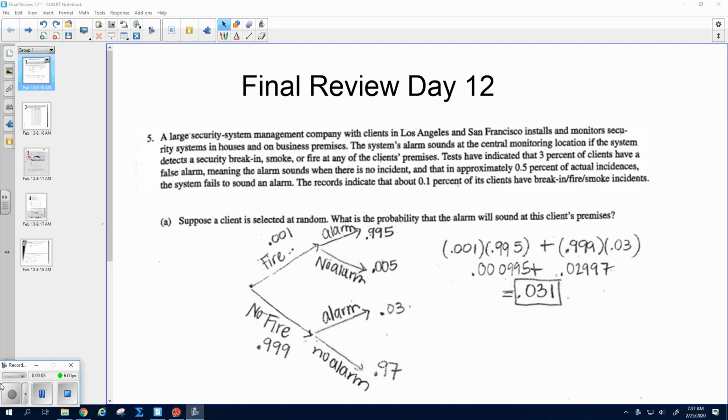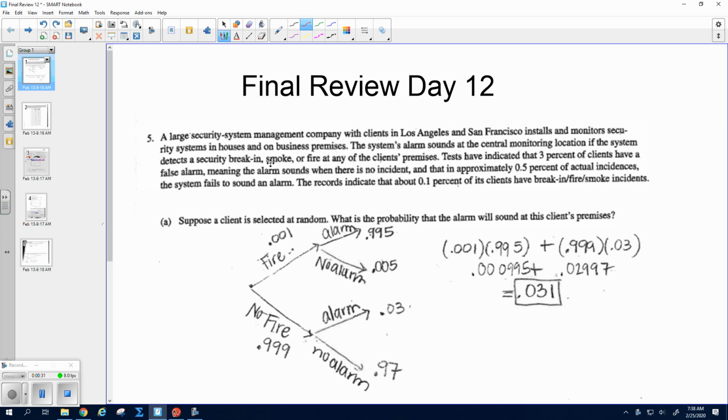All right, you guys, free response question number 5. I really hope you guys are getting these tree diagrams. They help a lot. I know this one was a little bit hard to read, but I think if you can read through it, it makes a lot of sense and set up the tree diagram, then this problem isn't too difficult. So this one says the system's alarm sounds at the central monitoring location if the system detects a